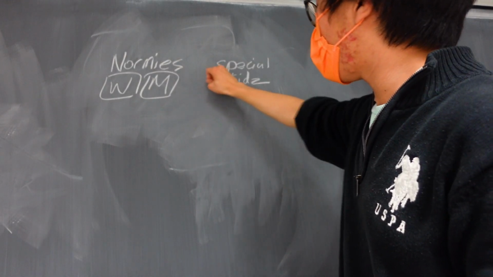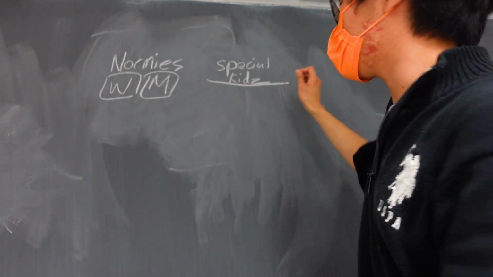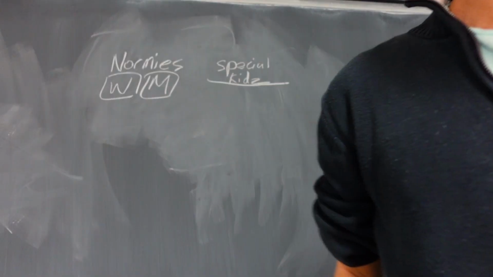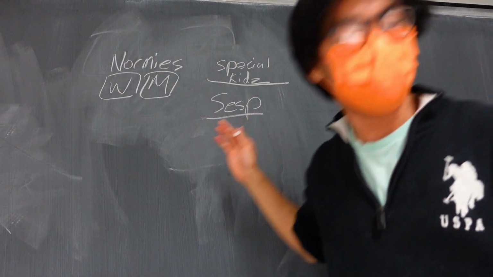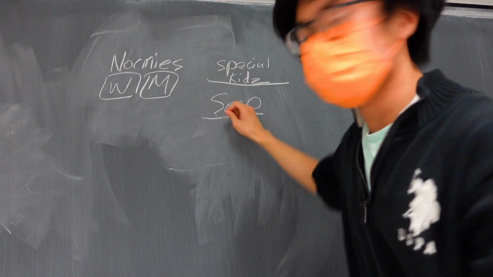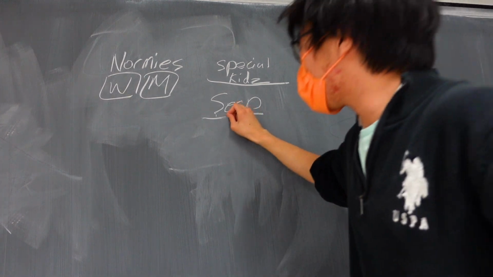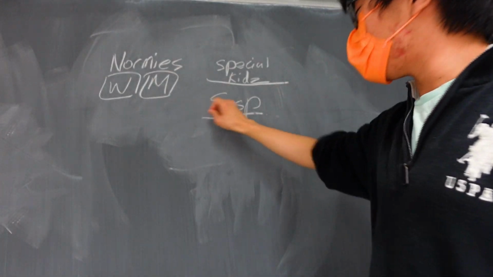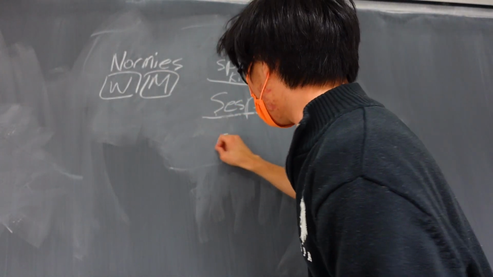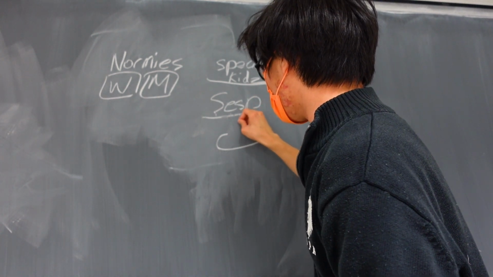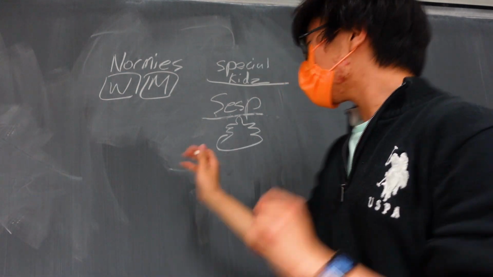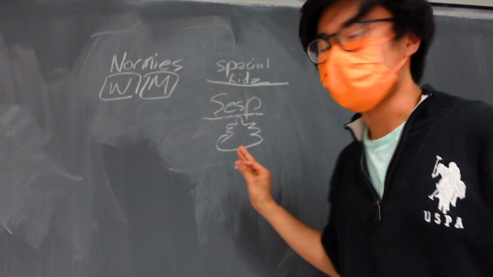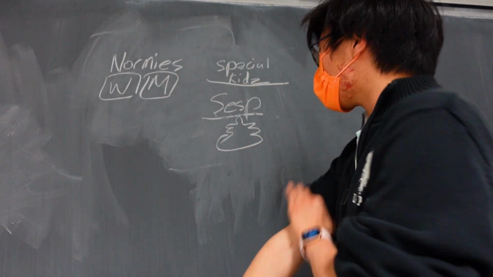Now we're going to move on to the special kids inside of this weird classroom that we have. Special kid number 1, CESP. You might be wondering what CESP is. So CESP is the School of Education and Social Policy. CESP gets shit on a lot. In almost every social setting, it gets shit on. That's fine. CESP should not deserve this much shit, but it does, because a lot of people say that